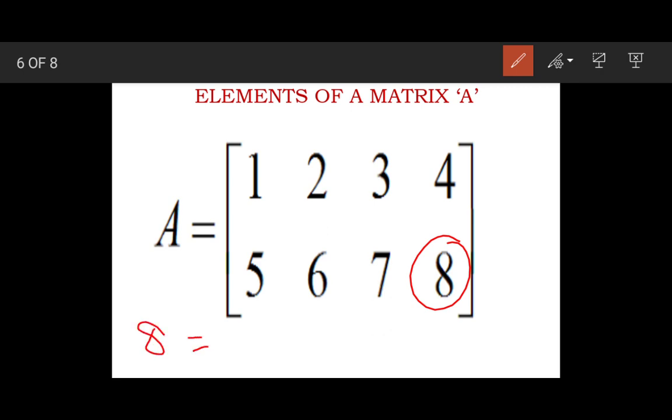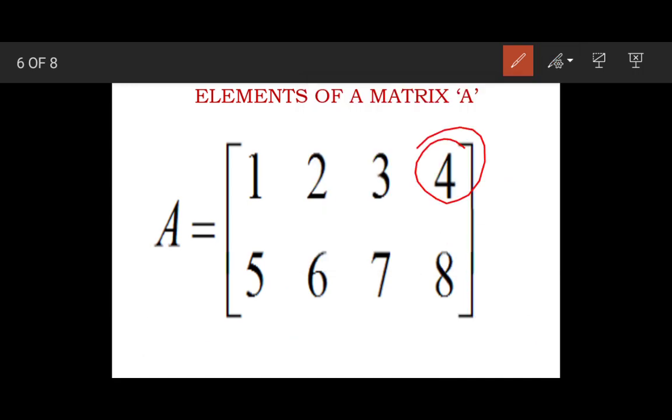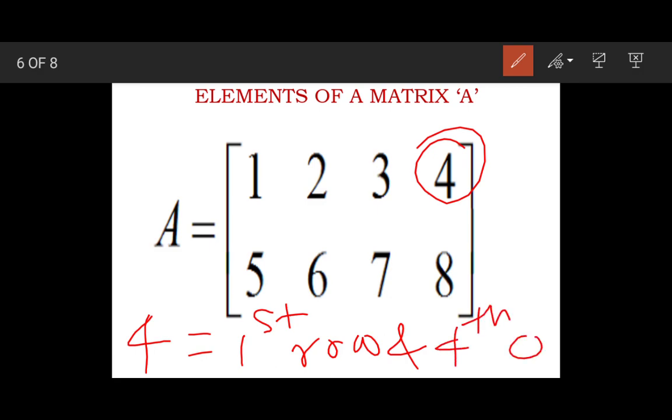So 8 is in second row and fourth column. Okay. Now define position of element 4. 4 is in first row and fourth column. Clear?